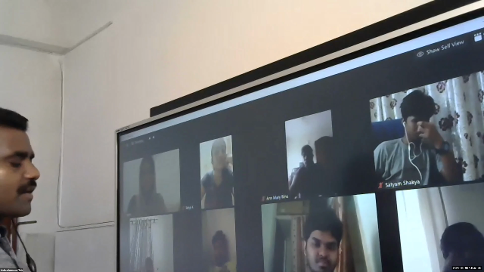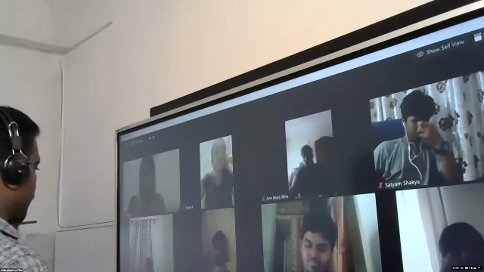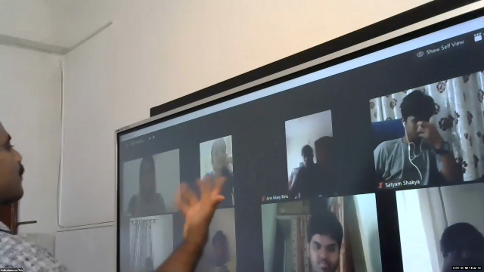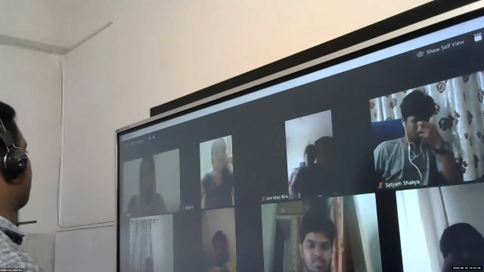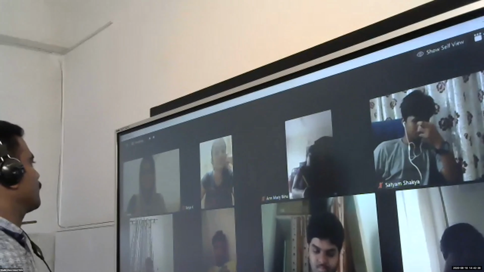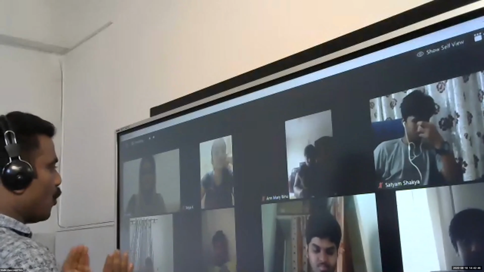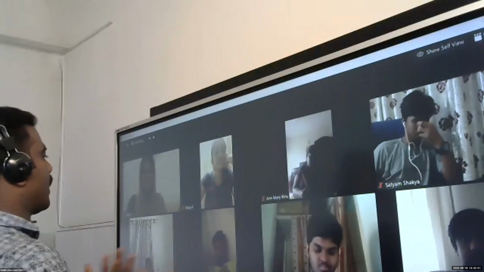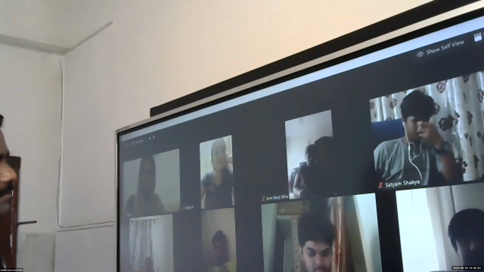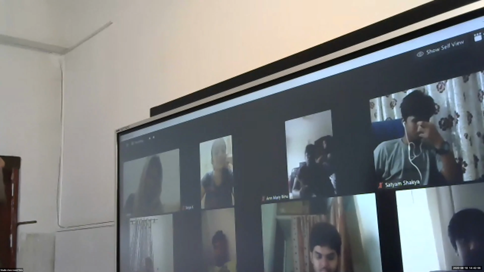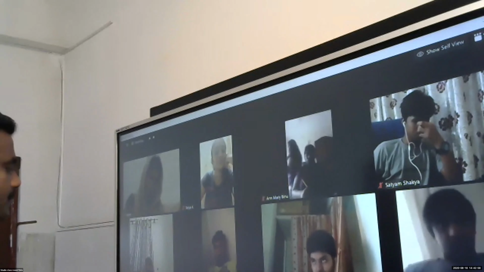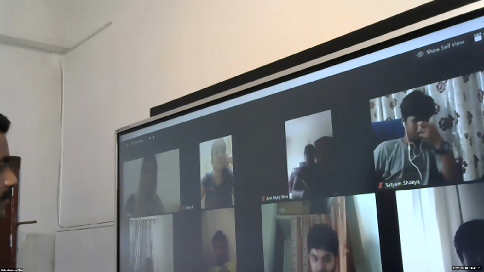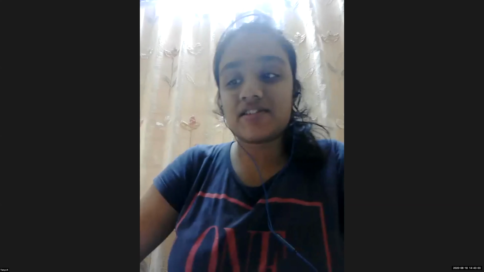Next, after that, the extra entries we learned. Now, suppose a new partner brought capital. If a new partner C brought capital, what is the journal entry? Cash account to C's capital account. If a new partner brought goodwill, two entries are a must. What are those two entries? Cash account to goodwill account.